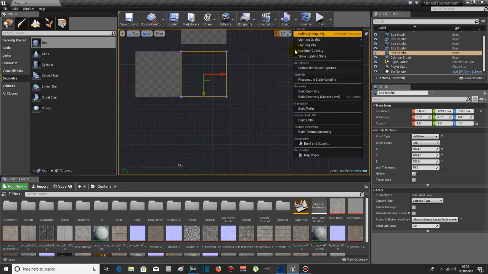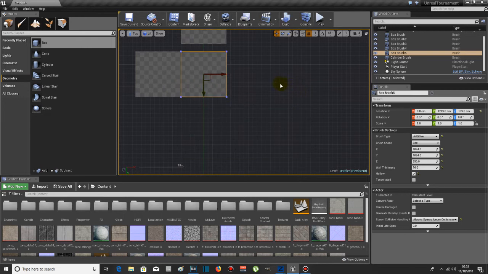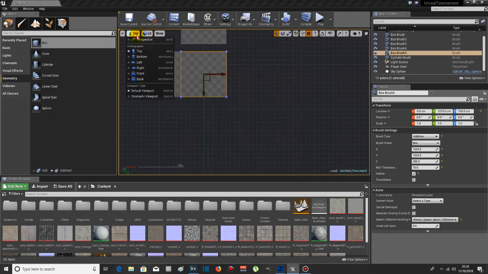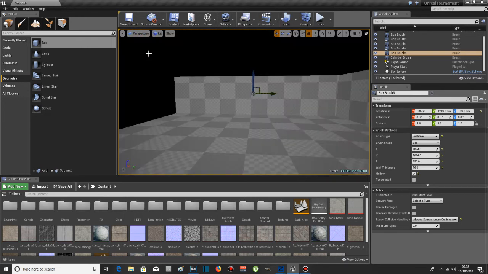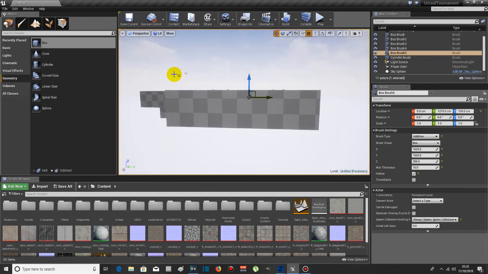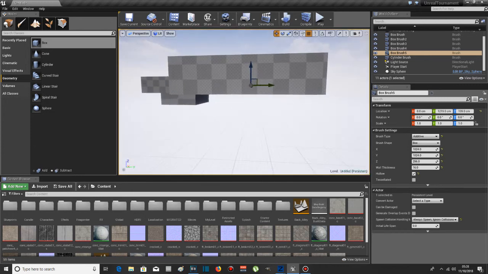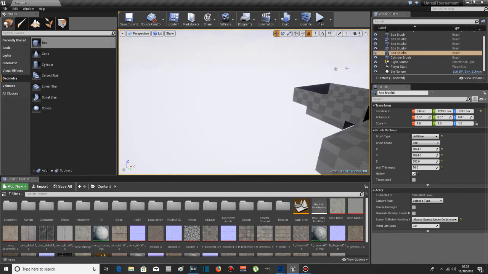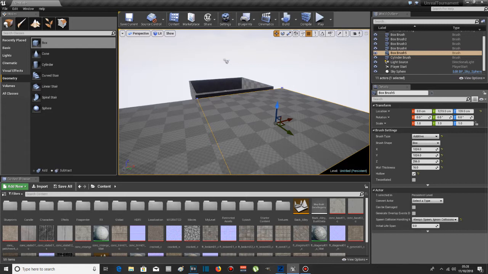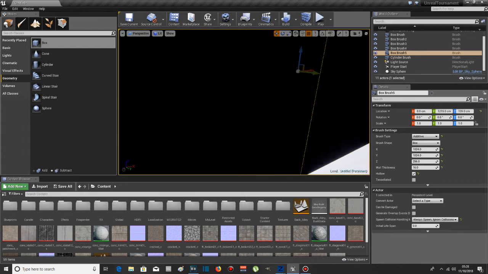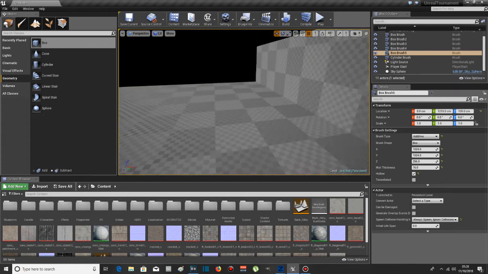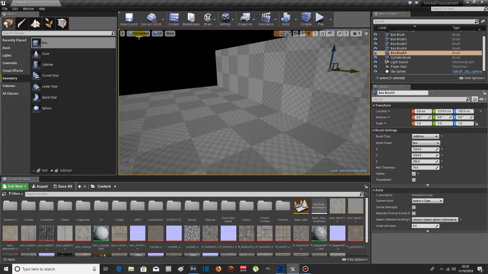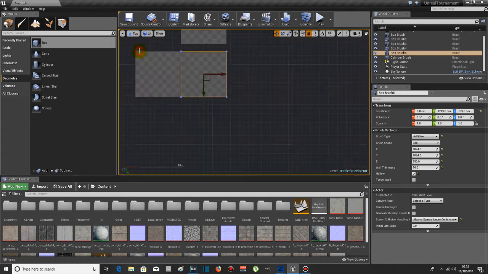Go to build geometry. Now if we look in perspective, we should see two boxes together. There's no doorway in between them. What you want to do then is go to perspective, go to the top, click on box, make sure it's selected to subtractive brush,